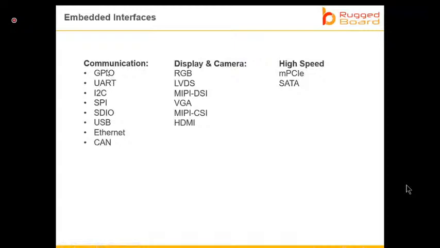When we are jumping from GPIO to UART, you are trying to transmit the same 8-bit data serially. What do you mean by serially? If you recall your digital electronics concepts, you put the 8 bits into a shift register and then generate a clock to shift out one bit at a time.